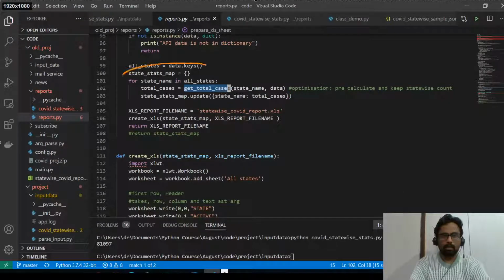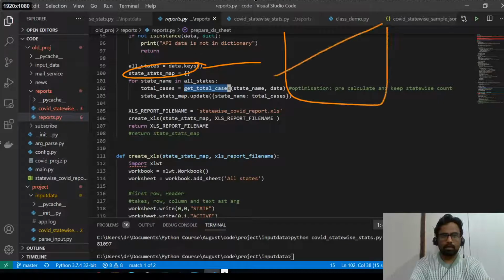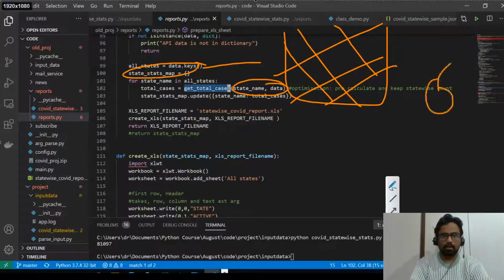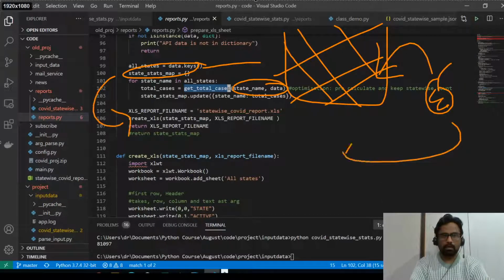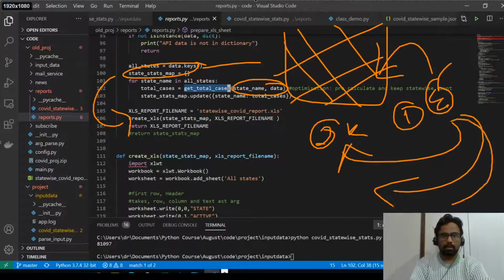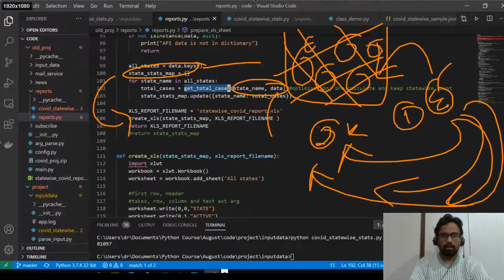So imagine that this is like a big basket, and these small items that you're extracting are like cherries or apples, whatever it is. Then you collect them here. In the next loop you collect another cherry. The first cherry was Karnataka, or whatever is first in the order of the JSON. The second cherry was Kerala, like that. So iterate through all the 30 or however many states there are, and then you have small cherries here, and then